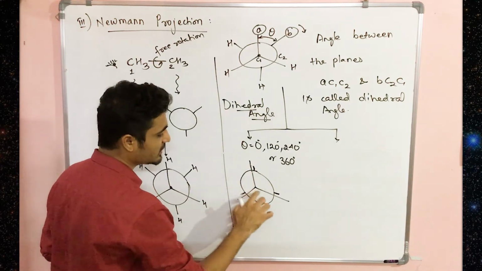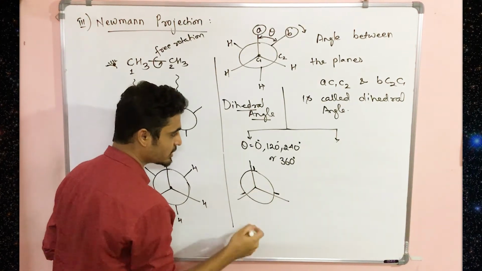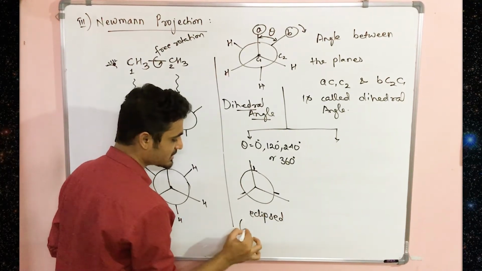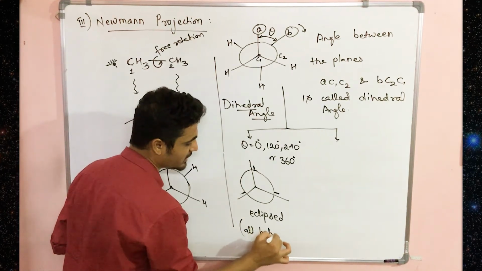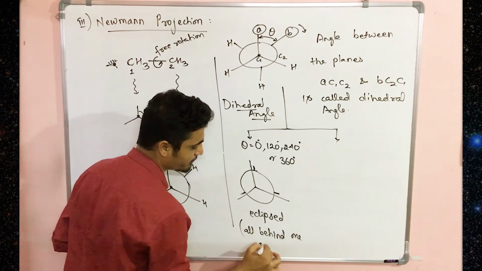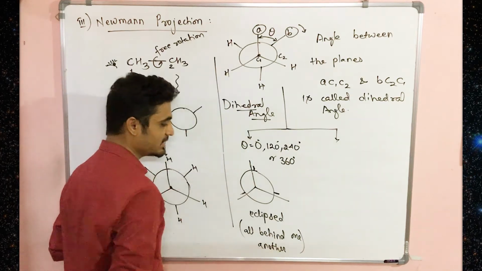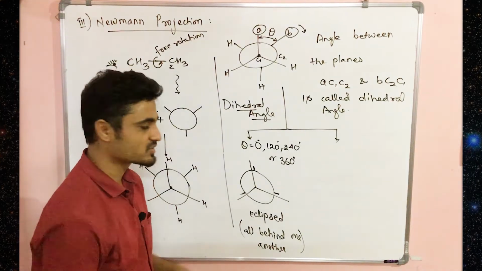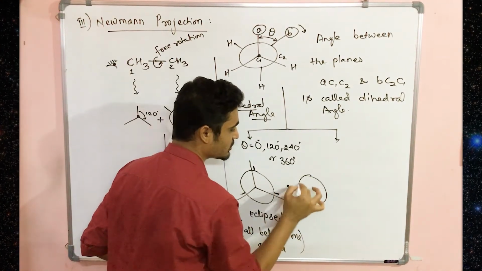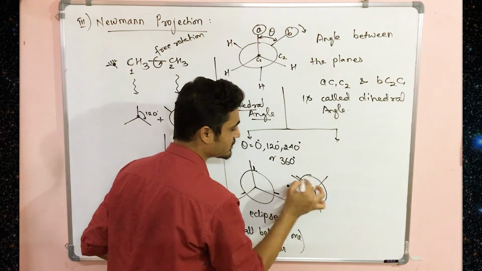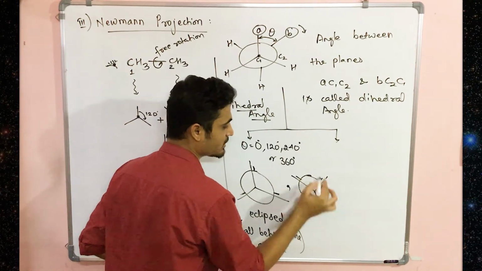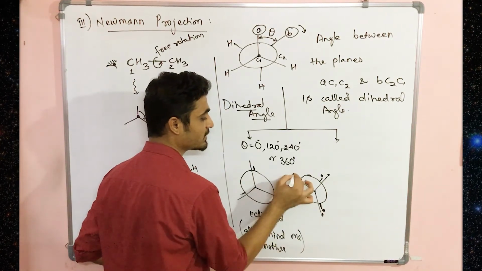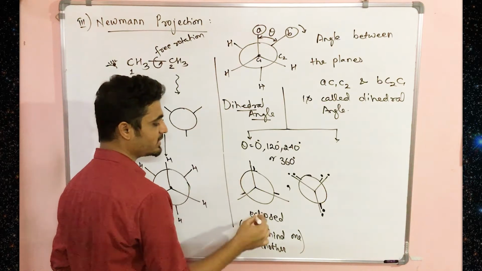In all those cases, it will look something like this kind of shape. We call it eclipsed. And how to remember it? Just all behind one another. Right? This is just to understand that if everyone is behind one another, that kind of shape you will be calling eclipsed. Okay. The other one, you can see it to be like this. In all those cases, whatever groups are here, they are behind one another. Right. I call this shape AA. Right. A kind of shape.